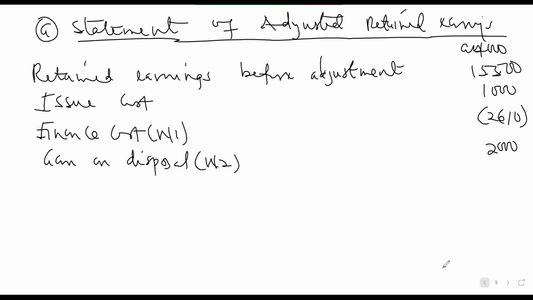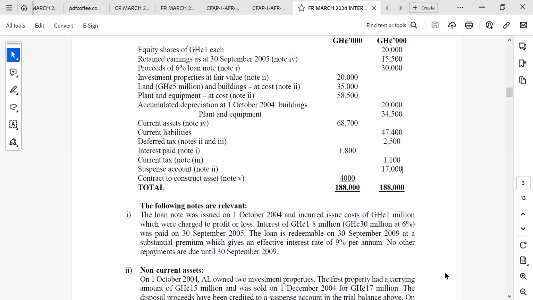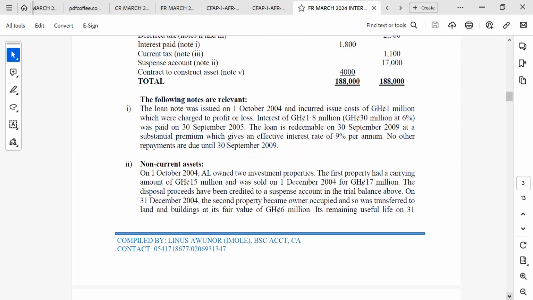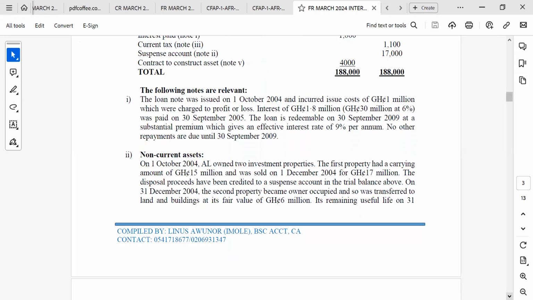Okay. What will be the remaining value of the investment property? It is 20 million. We sold 15 million. It will be remaining what? 5 million. Okay. Investment properties are carried at fair value, isn't it? Yes. All right. So they say fair value. They are using the fair value method. Okay, let's come here. They say on 31st December 2024, the second property became owner occupied and so was transferred to land and building at a fair value of